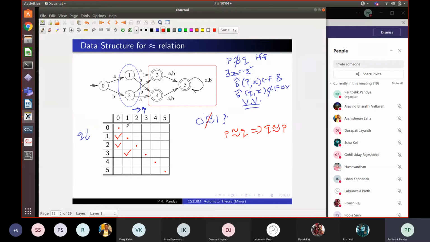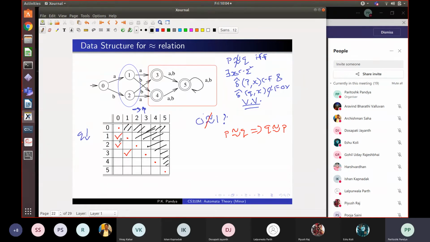So we don't need to really determine, this matrix is symmetric. And so we will not bother about these elements because their status is clear from the lower half of the matrix, right? Whatever is the entry here, same is the entry here. And whatever is the entry here, same is the entry here, right? This is a symmetric matrix. If you transpose it, you will get the same matrix. So we will not bother about filling up the elements in the black part. And the diagonal part is already filled. We know these things are equivalent.